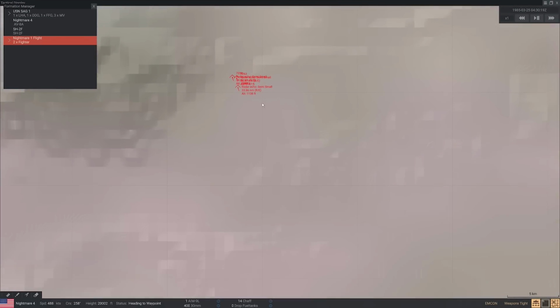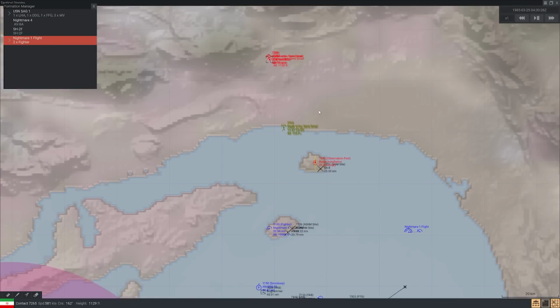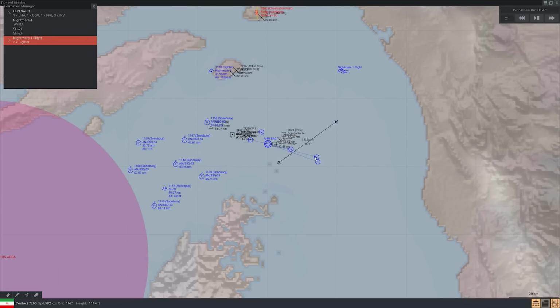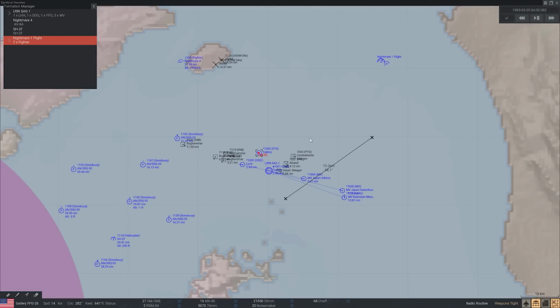We have contacts. 3 incoming. No idea what they are, but they're coming in fast from the north. So this is likely another bunch of F4 Phantoms. And it looks like they're going to head straight for our tankers. So we actually want...